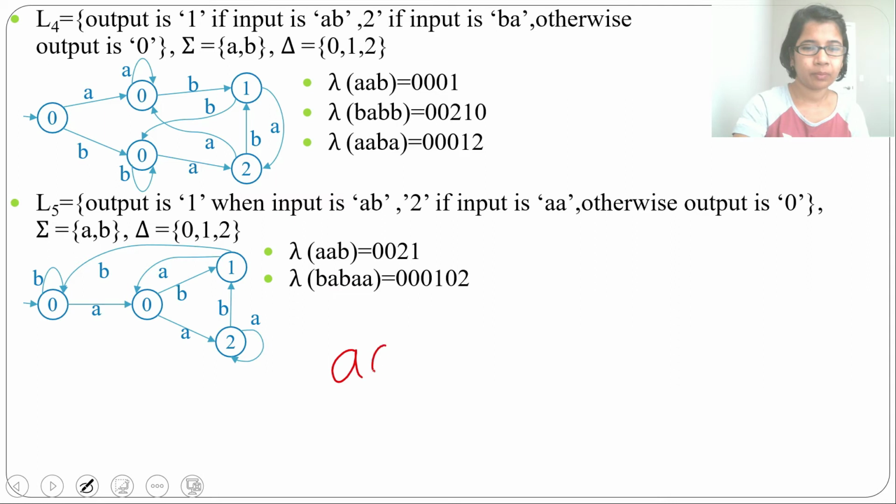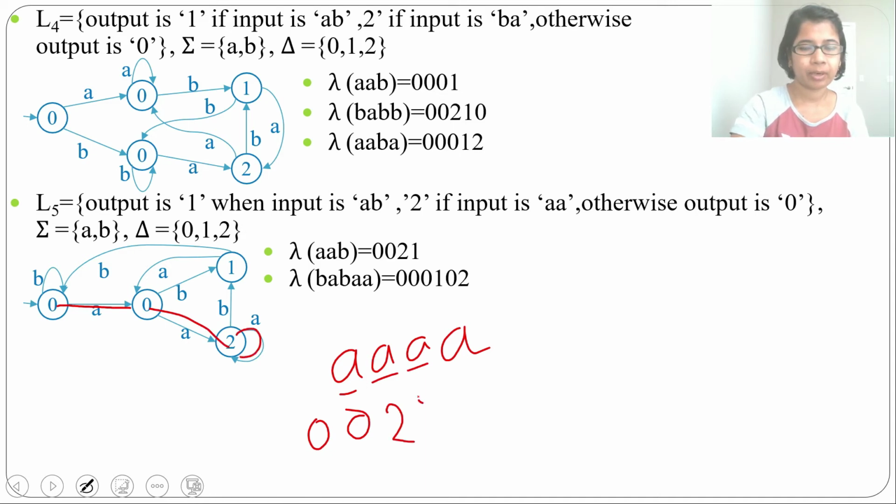Let the input be 4 A's. Then what will be the output? Initially it will be 0. For the first A it goes to this state and the output is 0. Then for the next A it goes to this state and the output will be 2. Then for A it will be a self loop and the output will be 2. Then for A it will be a self loop and the output will be 2.